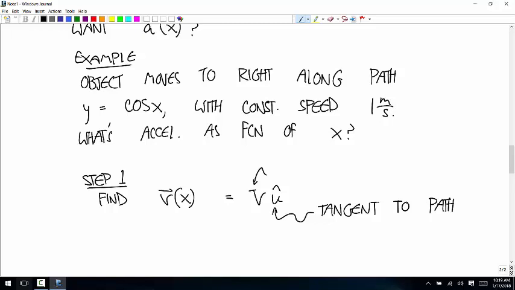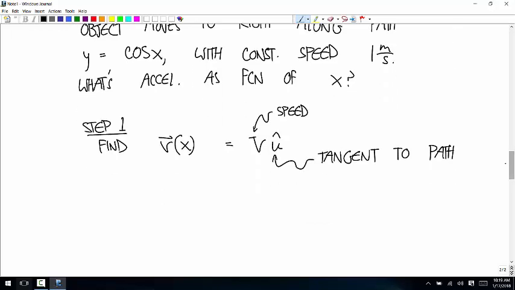To do that, step 1a, first you have to write the path of this object. You have to parameterize this path in terms of the variable you're given. So the position vector,